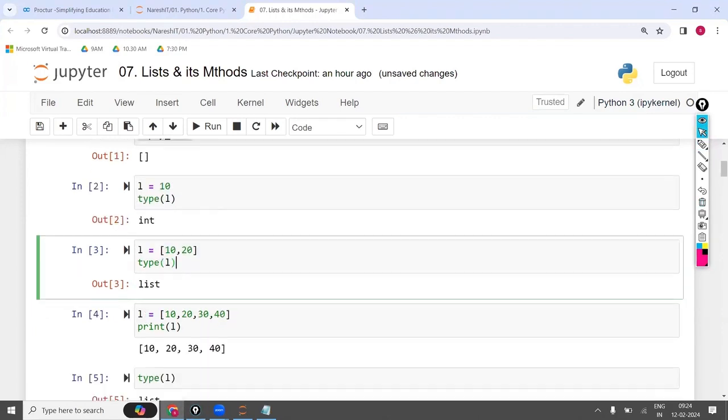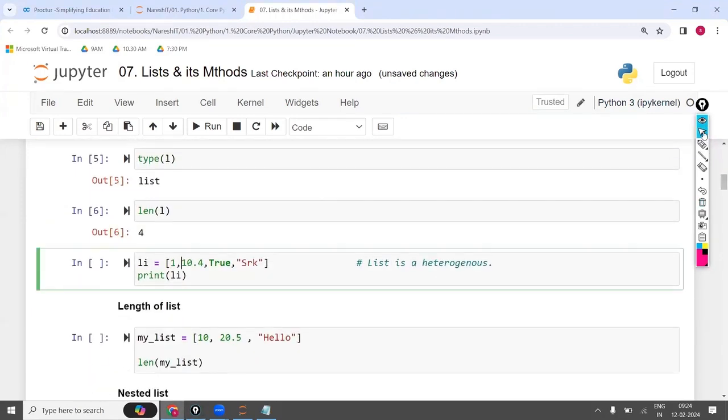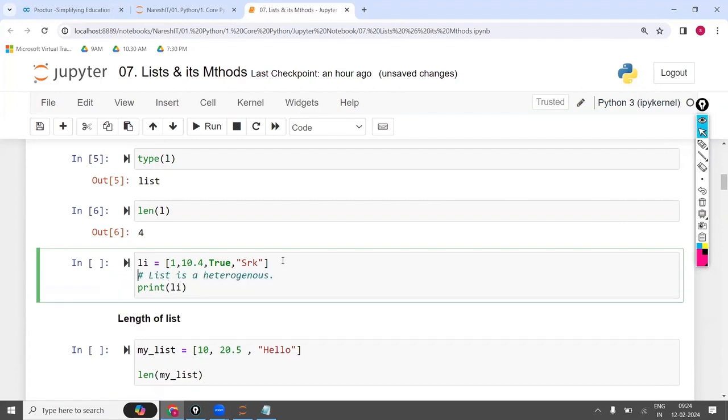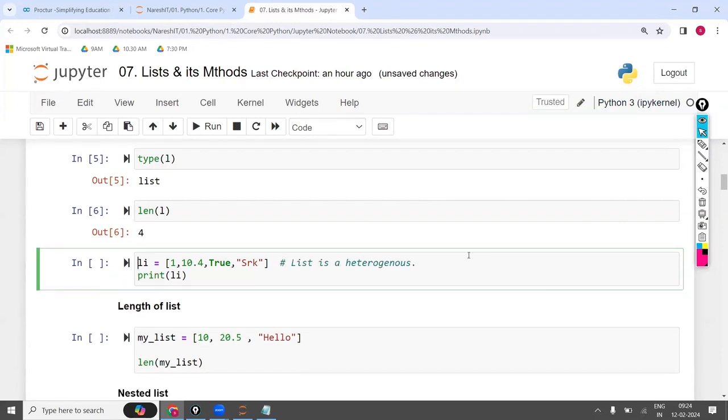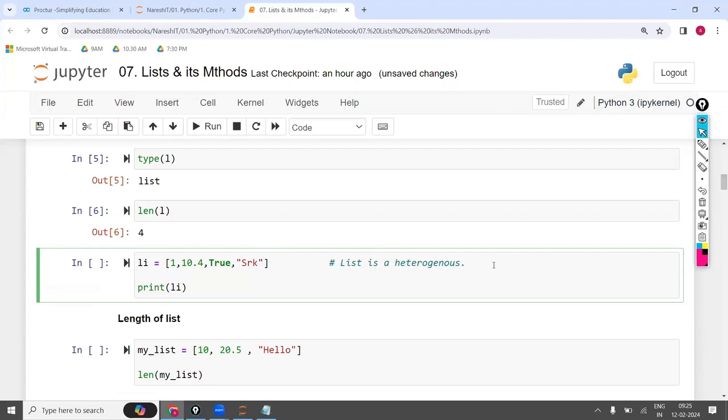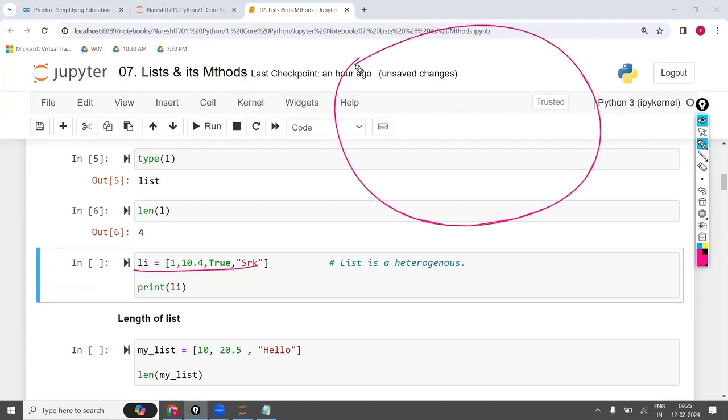Now, each item can be of a different data type. It is not compulsory that everything should be of the same data type; it is as per your choice. So if you observe, a list is heterogeneous. Here I am going to create this, and it will create one object.